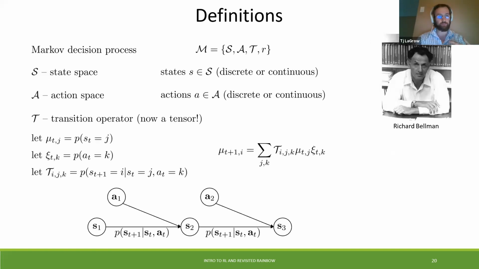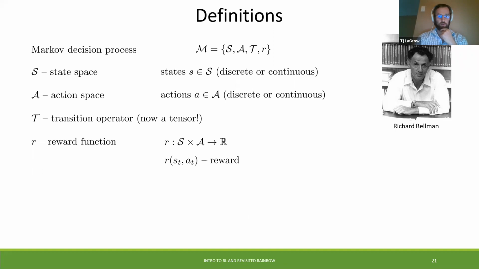Going on to a Markov decision process. Hopefully this is a review for a lot of people, but we're going to have some action space as well. And the diagram here below shows us as we move from one state and action to the next state and action, given the transitions. And so here, the reward function is going to be the cross between the states and the action is going to be the reward.